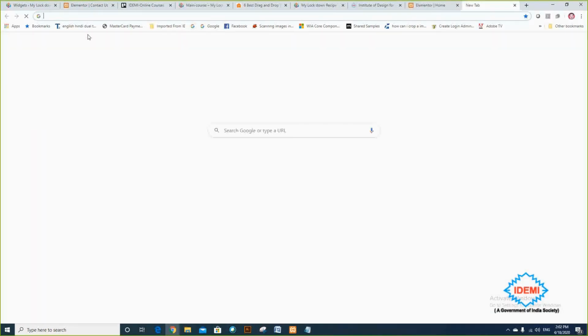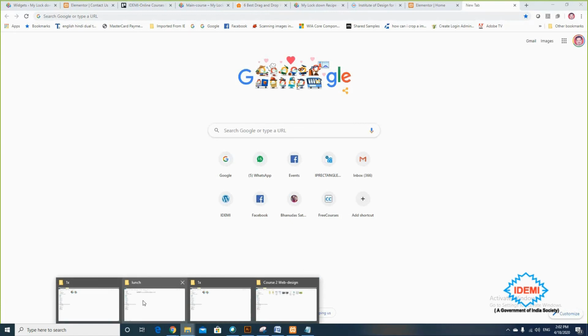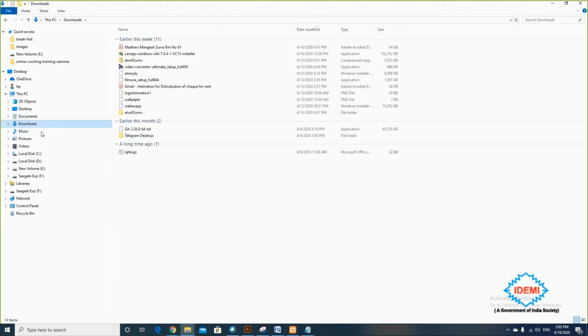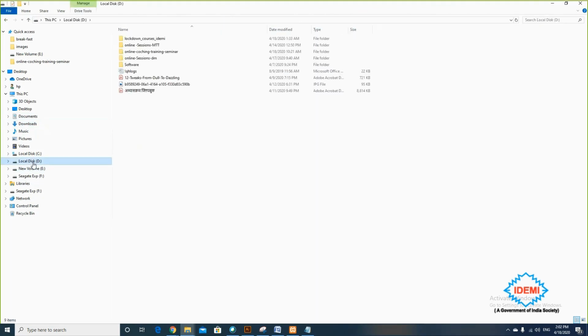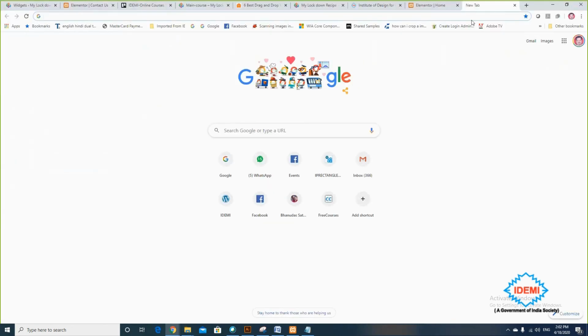We have a proper Elementor Pro version, so I'm going to install that Pro version, but it is a licensed version, so I can't share it with you. I just show this for demonstration purposes, and we are using that Pro version here.